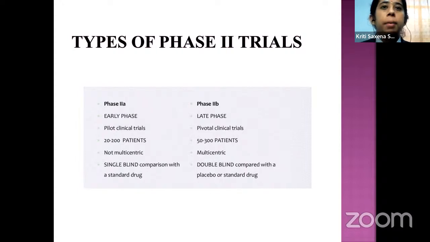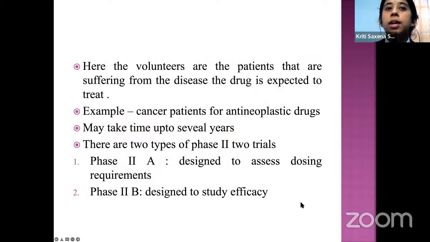These are the various comparisons between the phase 2A and 2B slides. The new thing in this is single blind and double blind. Whenever we have trials, a patient is not always told what he or she is being administered. And in double blind trials, even the healthcare professionals involved in the trial are unaware of what kind of molecule they are using, what molecule they are administering to their patients.